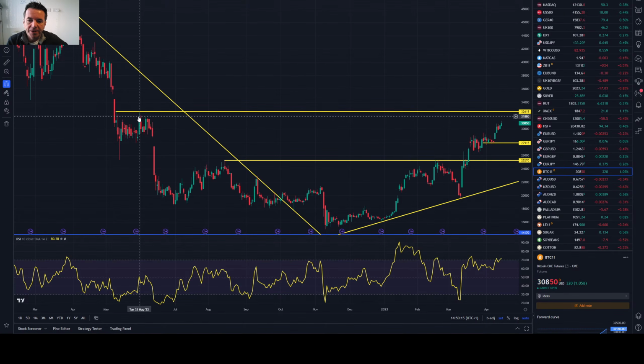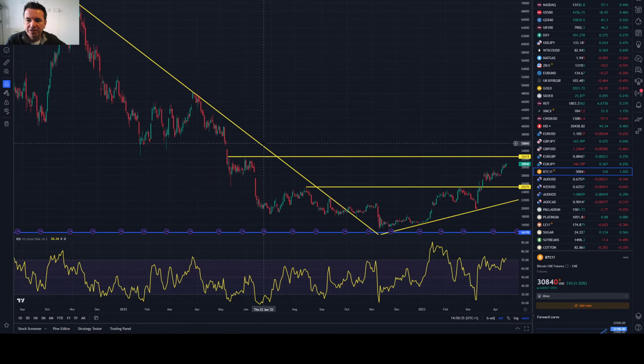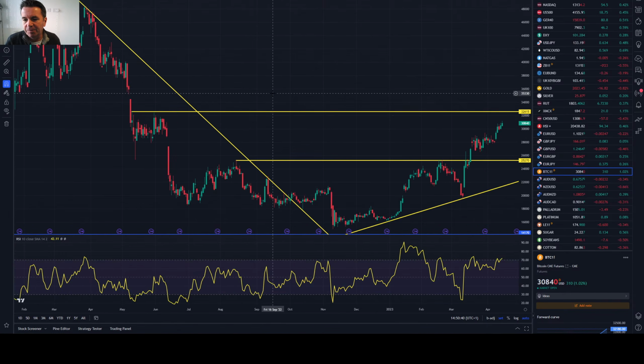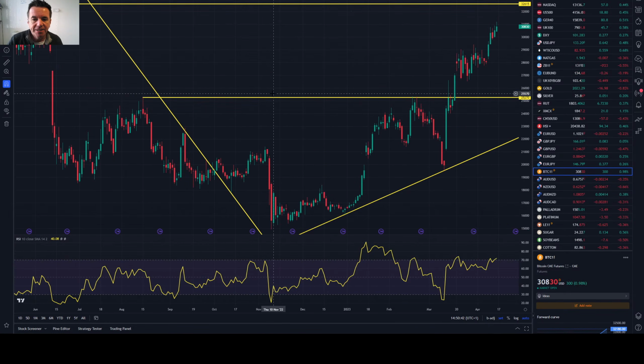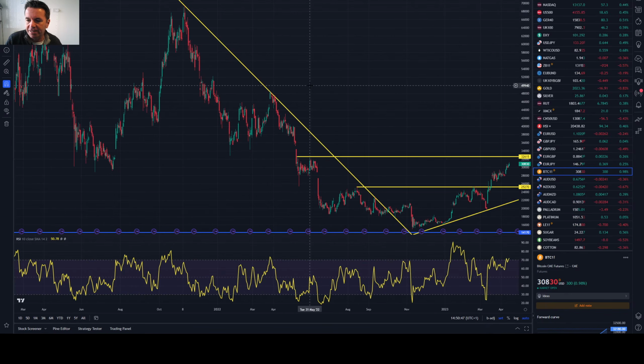Let's see. But for me, it would absolutely be a buy the dip opportunity in Bitcoin if it did start to fall from here, because we've got this trend that's been in place since the end of last year. Trend line support is coming in around 22. If it sells off to the mid 20s, I think it looks interesting. Regardless of what you think about the future of crypto, the moves we're seeing in Bitcoin absolutely do point to a recovery, and it's changed from being a sell the rally to a buy the dip market. So that's all of that.